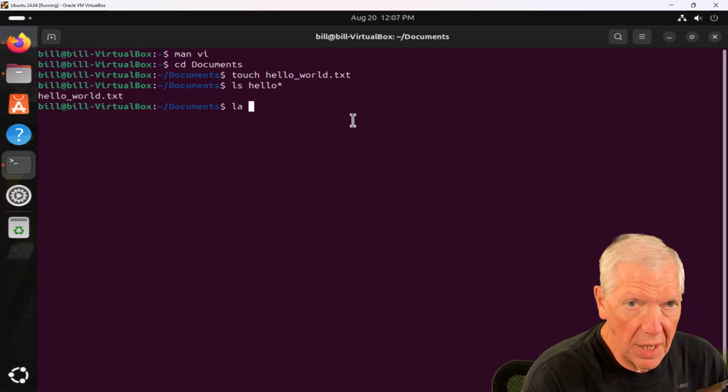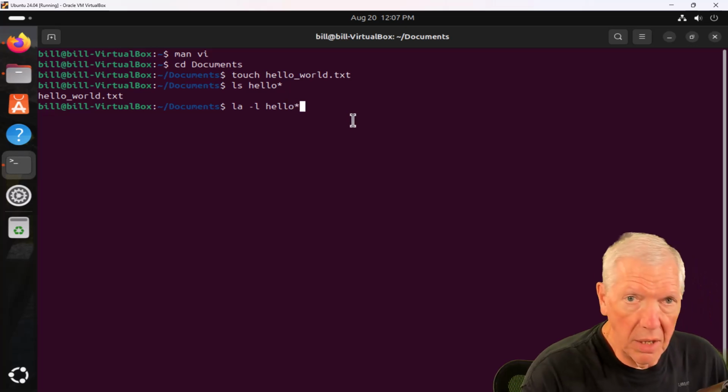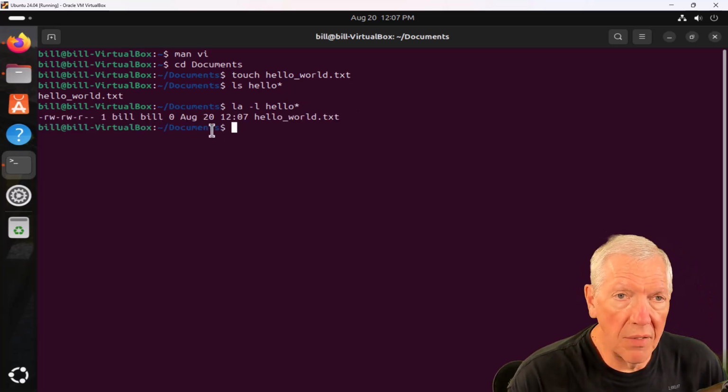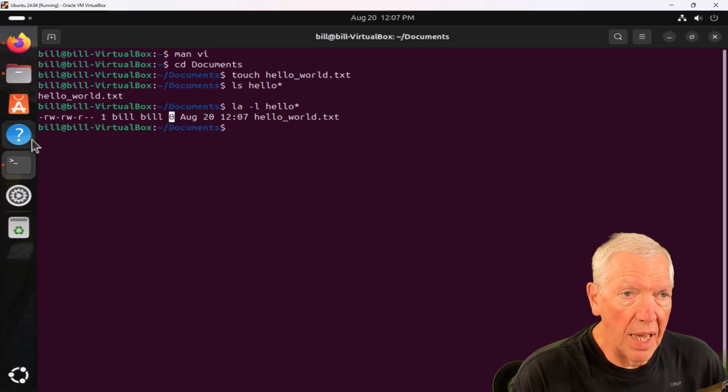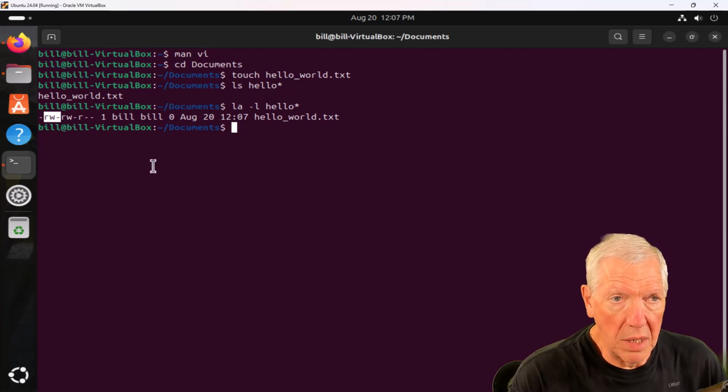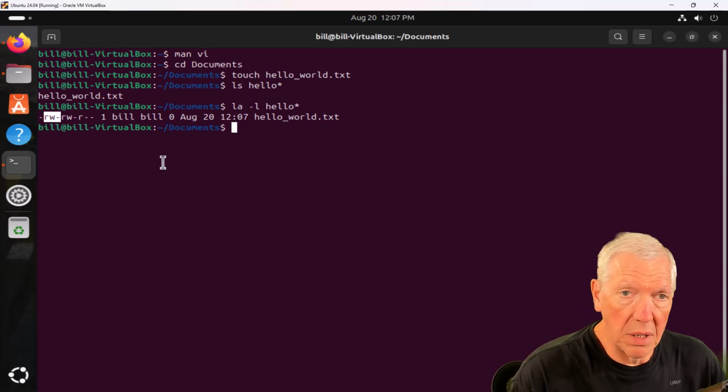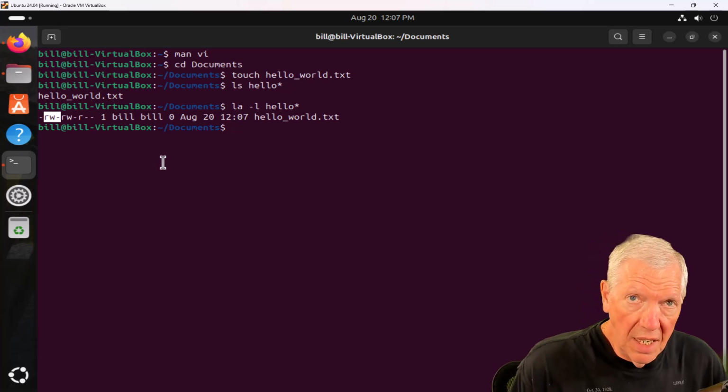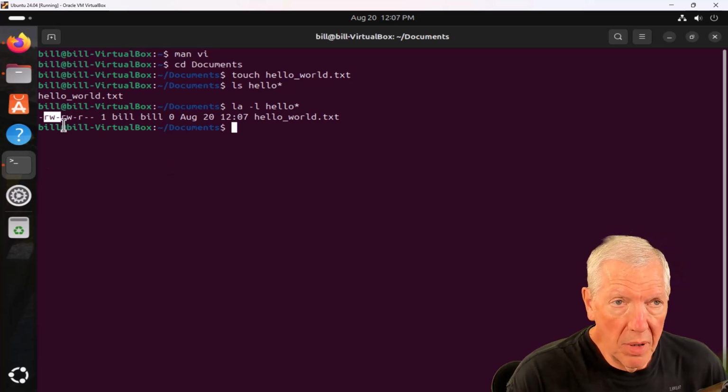And of course, if I do an ls -l hello star, it'll tell me that it is 0 length right now. It doesn't have anything in it. It was created today by me, and I have read and write rights to it. I don't have execute rights, and the reason I don't is this isn't an executable. There's nothing to execute. It's just a text file. Remember that this is the group that I belong to.